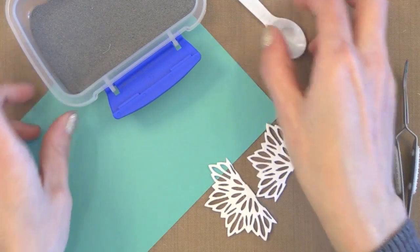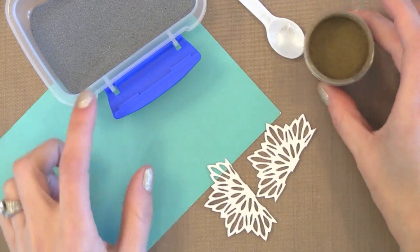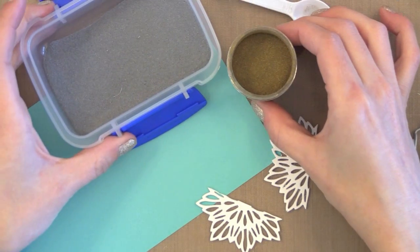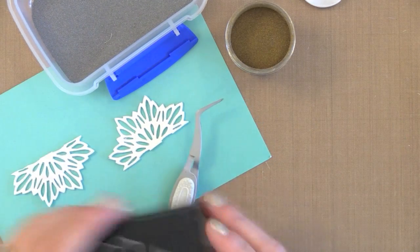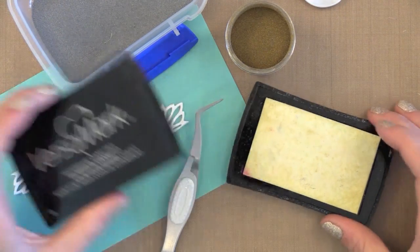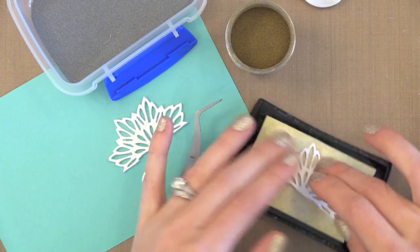So I'm going to go ahead and get everything ready here. I have my silver embossing powder. Here I have my gold. I don't use my gold as much, that's why it's in its original container. And I have a little spoon, and I think those little spoons really make a big difference in not using as much powder. I have my Versamark ink pad, and I'm going to take half of my medallion and press